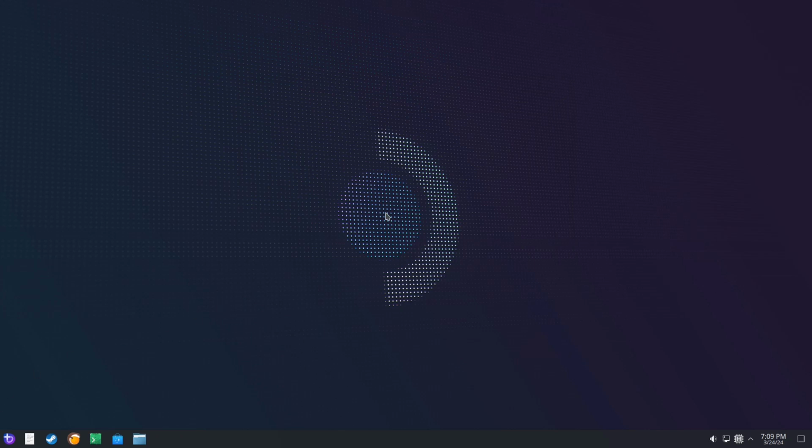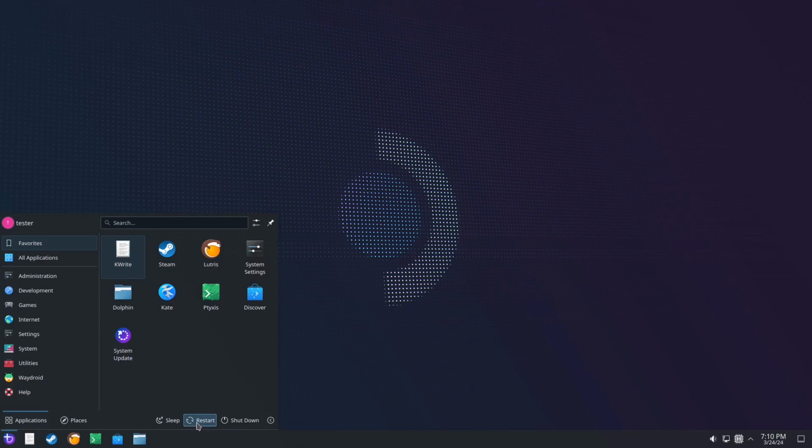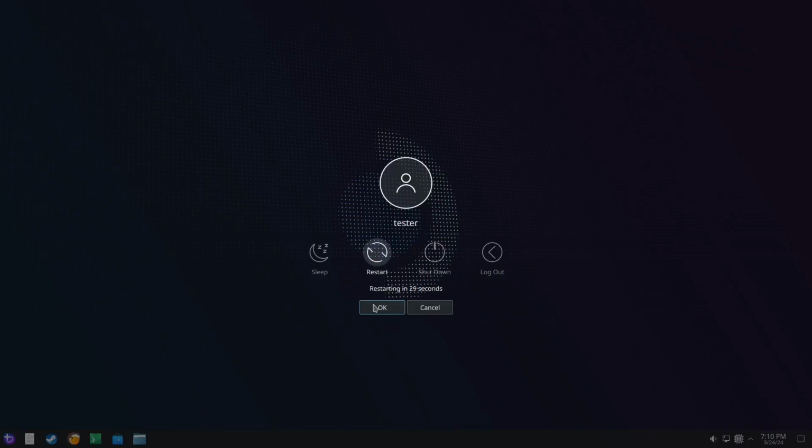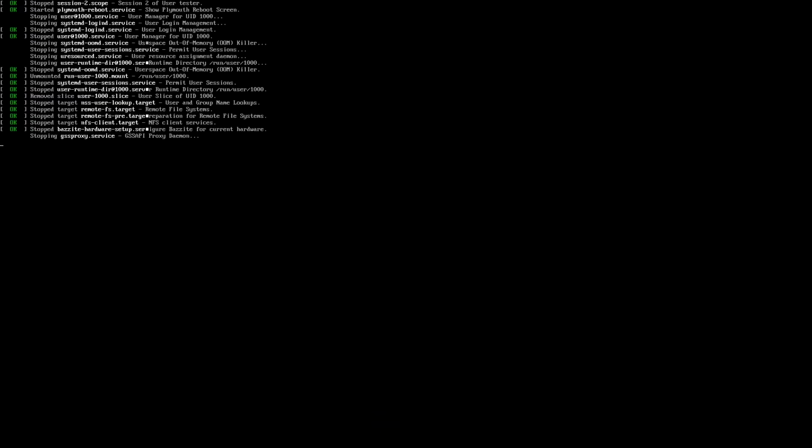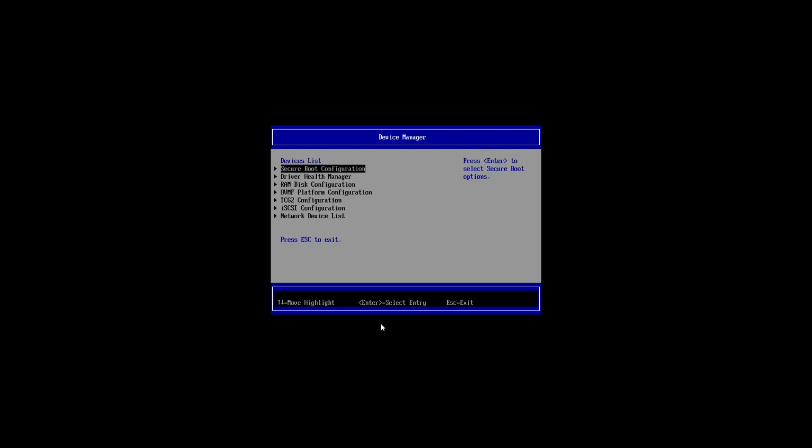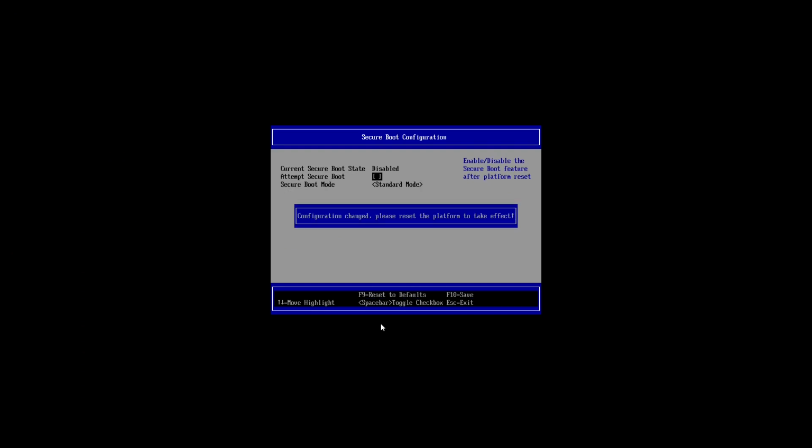The next step that we want to do is we want to enable Secure Boot again. So now we're going to restart the machine and then mash the escape button. Okay, we're in our boot menu and we want to turn Secure Boot on.